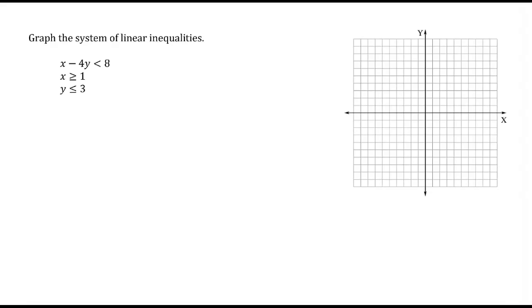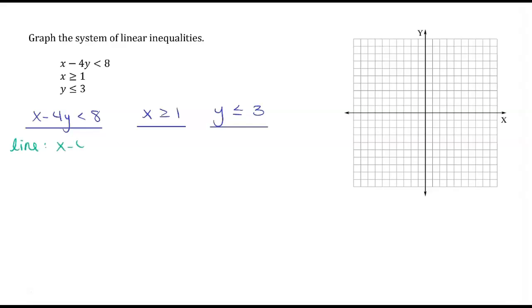Notice that in this example, we have 3 linear inequalities instead of 2, but the process remains exactly the same. We'll look at each inequality separately, just like we did before. If we look at the line that's associated with this first inequality, we have x minus 4y equals 8. Solving this equation for y, we can subtract x from both sides and divide everything by -4. This gives us the line y equals 1/4 x minus 2. This line has a y-intercept of -2 and a slope of 1/4, a rise of 1 and a run of